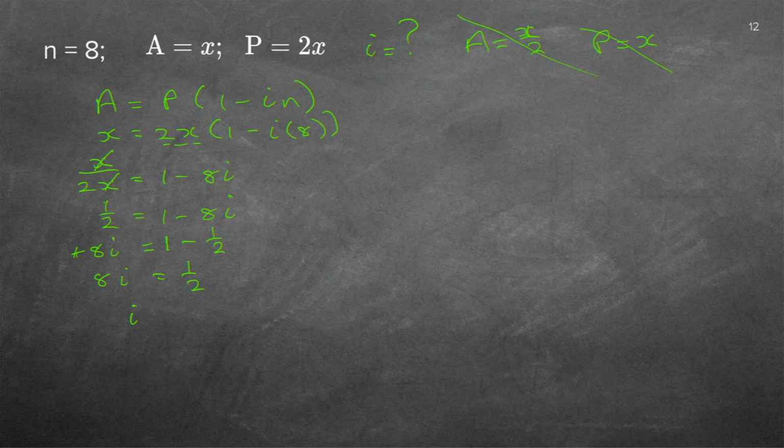To get rid of the 8, I must divide by 8. Now I'm going to show you something, because some people now do this. A half divided by 8, which is really not good, because now you've got 3 figures on top of one another. Now you have to do that tip and times thing. You tip around the bottom one and you multiply with its inverse. So it would be a half times an eighth, which is really complicated. So rather, see what you have got.